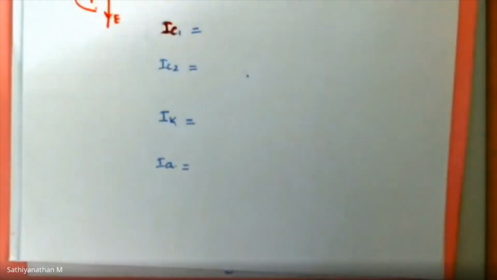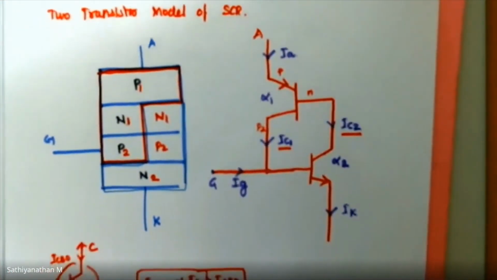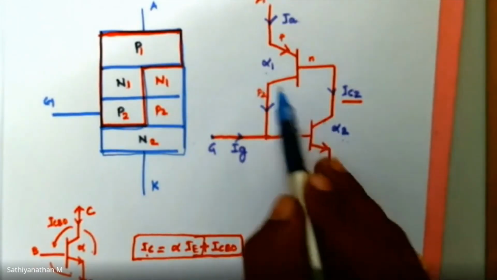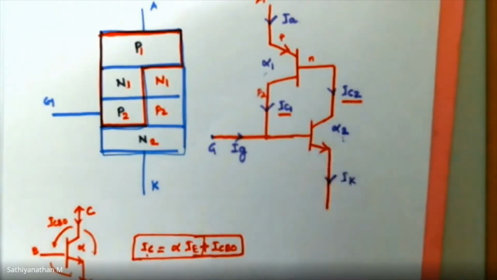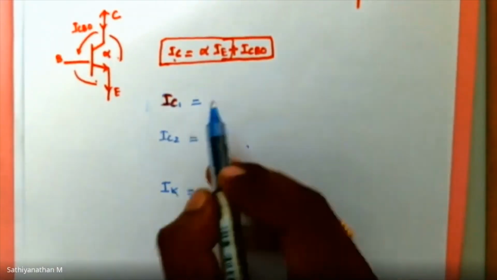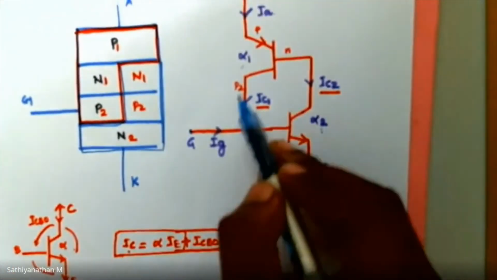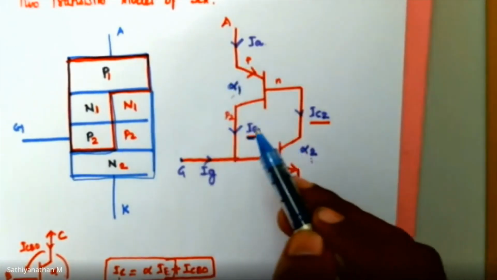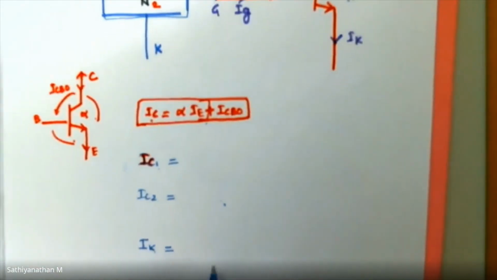சரியா? So நம்ம அடுத்து பார்த்தது வந்து two transistor model. The two transistor modelல வந்து you have a factor called alpha 1, alpha 2. So we are going to analyze these two factors, amplification factor alpha 1 and alpha 2, using an equation. So I will start with this. Try to write an equation for IC1 and IC2. So here you have an IC1, you have an amplification factor alpha 1. So in the equation use பண்ணி எழுதுறதுக்கு try பண்ணுங்க, and then we will discuss.